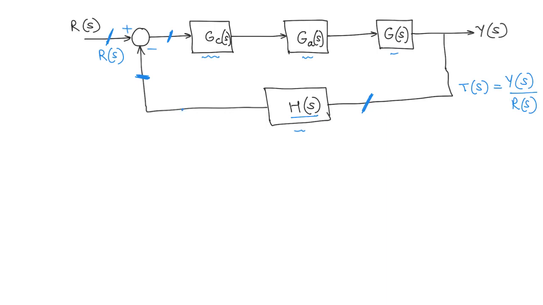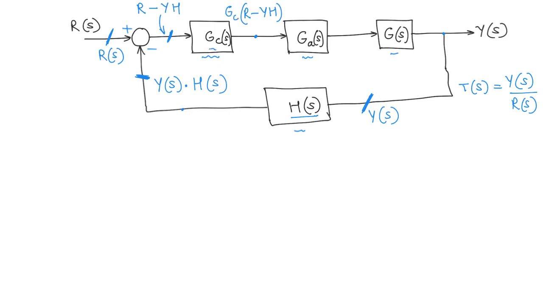What is the signal at this point? If I go back, you can see that it is Y. So you have Y(s) here. So what you will have here is Y(s) times H(s). Okay, so the signal at this point is going to be R minus YH. I'm just dropping the s because it's easier to write. Right, so what is the signal going to be at this point? It's going to be R minus YH times